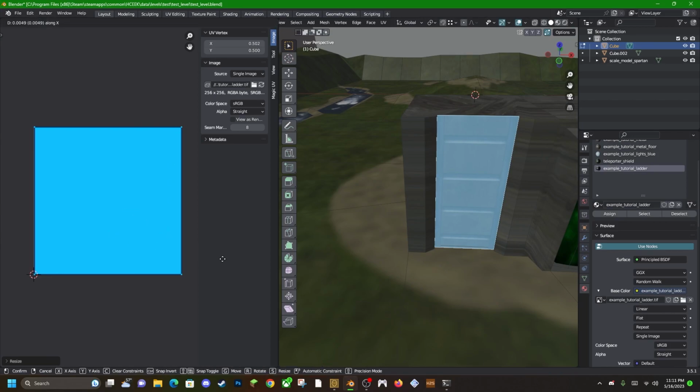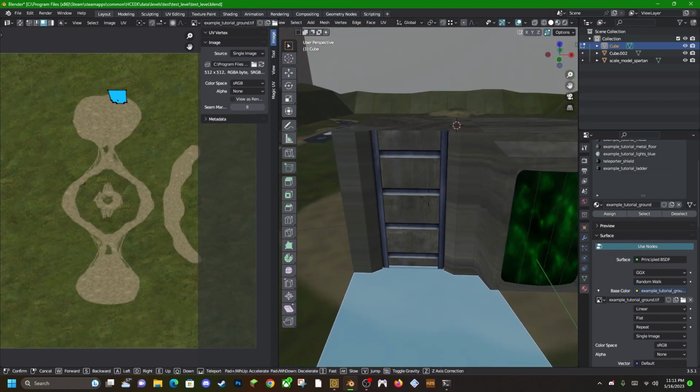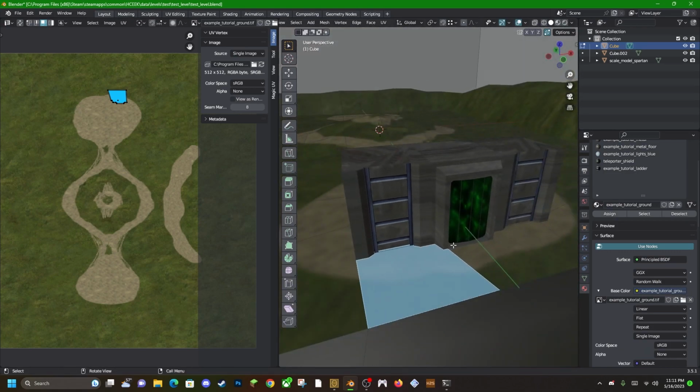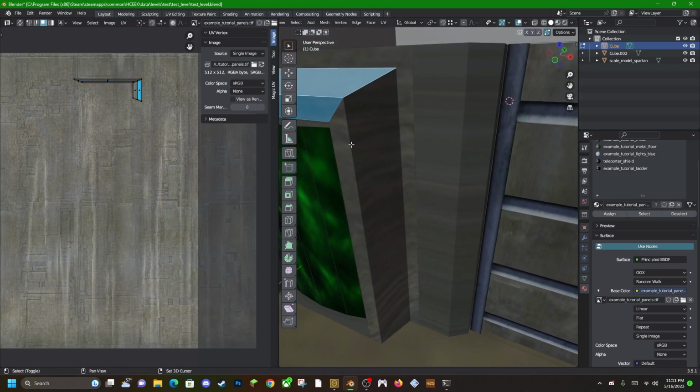Okay, so we got that. As long as it's pretty close, that's what matters, so I wouldn't really worry too much about it. Now we're going to get into the nitty-gritty of it. I forgot to assign these as